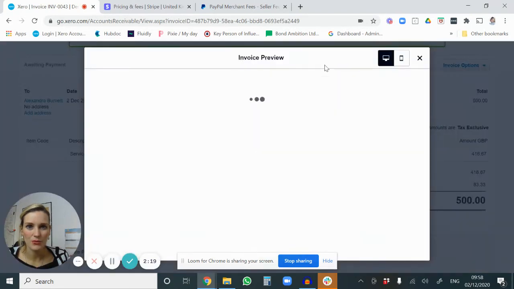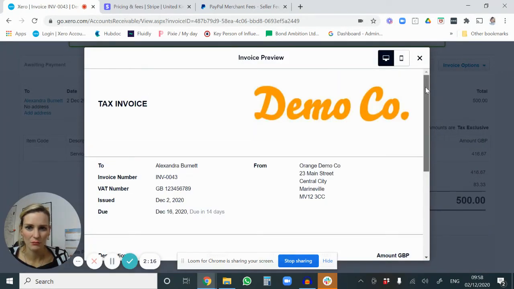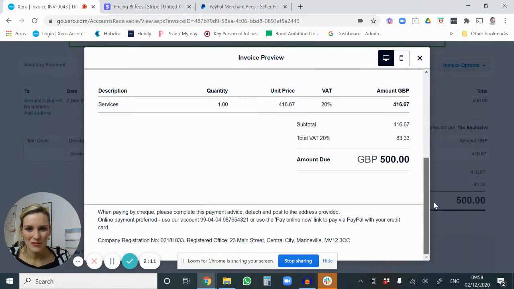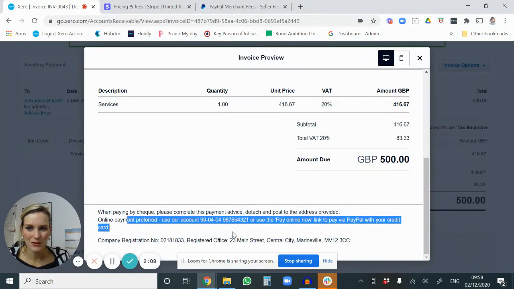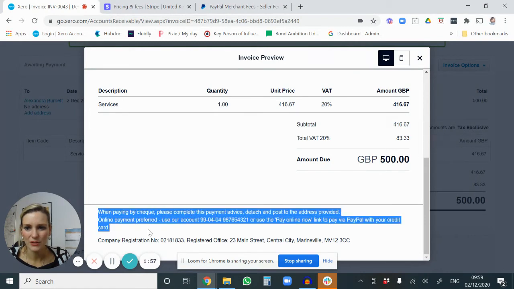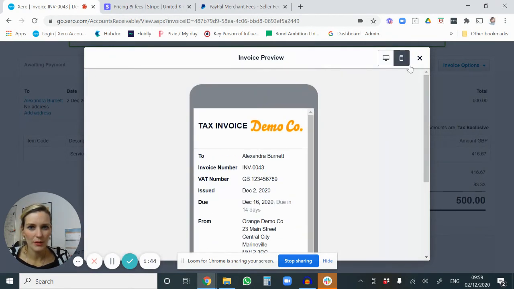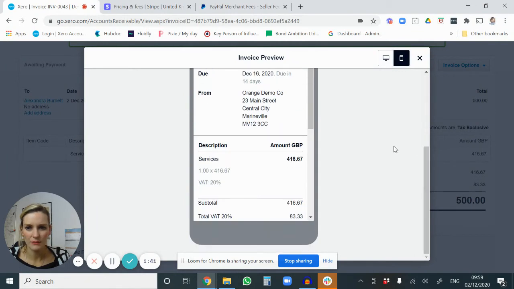Now, what I'm going to do is preview the invoice that the client, myself, would see. As you can see here, you've got all the details. Now you can put in the card online details preferred. You can put in how you like to be paid, i.e. your payment terms. This is very retro. It's saying paying by check. Who was the last time you used a check? Online payment preferred. So tell them how you like to be paid and where to pay it to. You can also use and pay online now. Now this isn't actually coming up with the demo, so I wonder if that's something to it. Anyway,